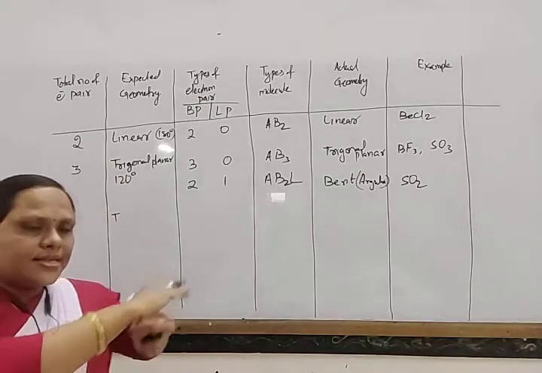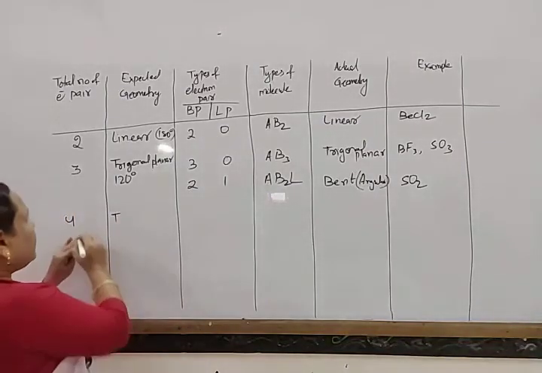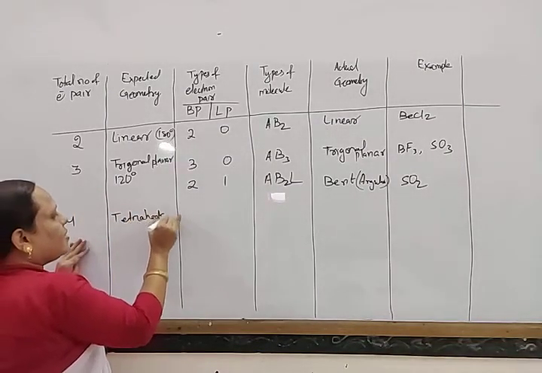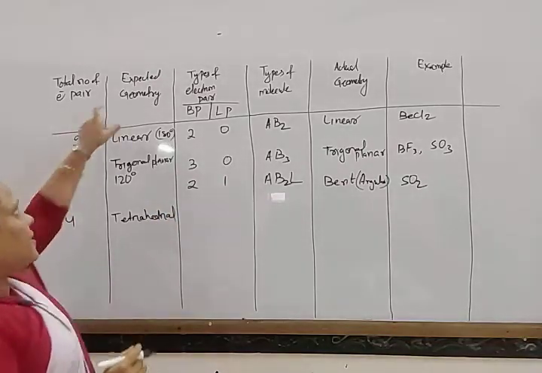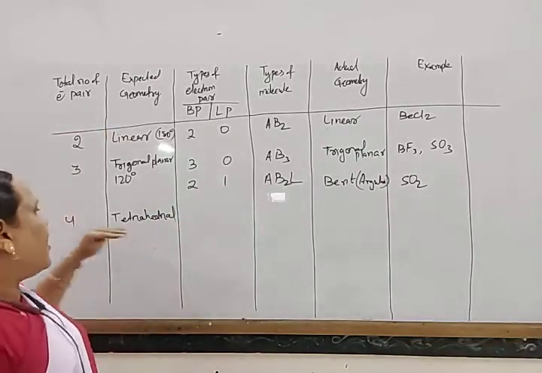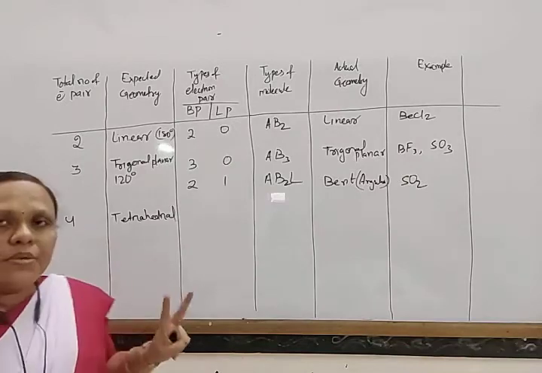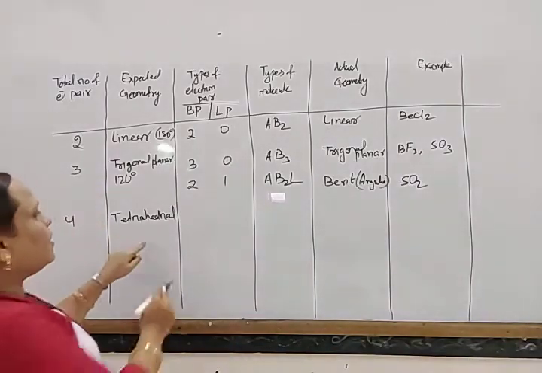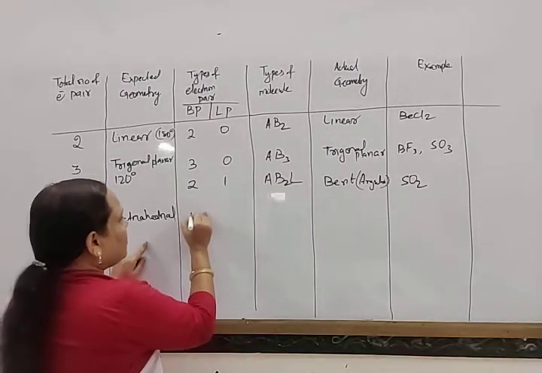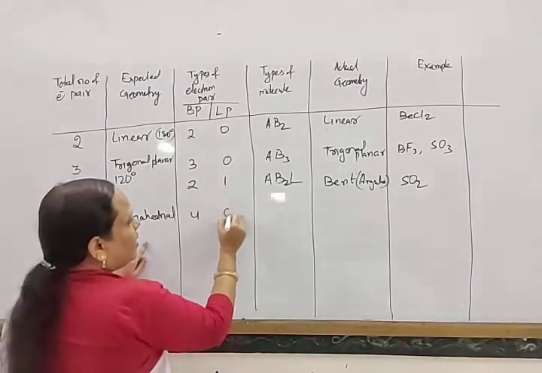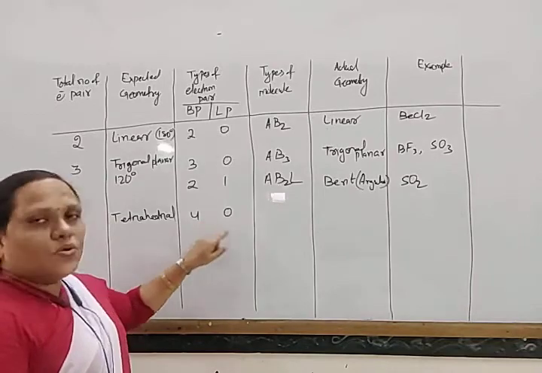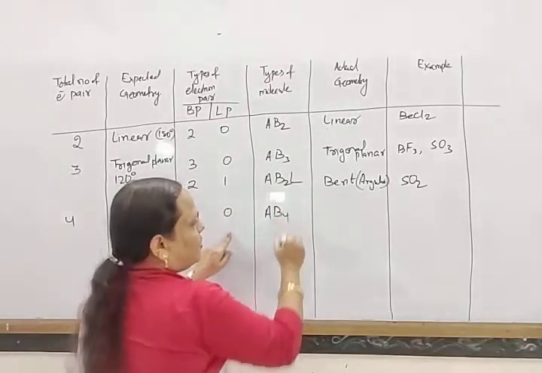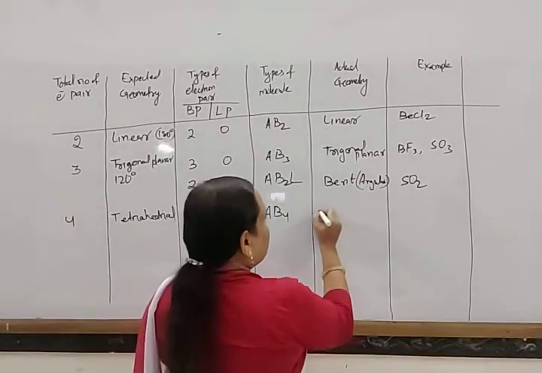the electron pairs arrange themselves in such a way that the bond angle among them becomes tetrahedral. The expected geometry is tetrahedral, and as this is 4 with a minimum of 2 bond pairs, it has 3 types of arrangement. Look here, one arrangement is 4 bond pairs and 0 lone pairs. Then this molecule type is called AB4 and its actual geometry